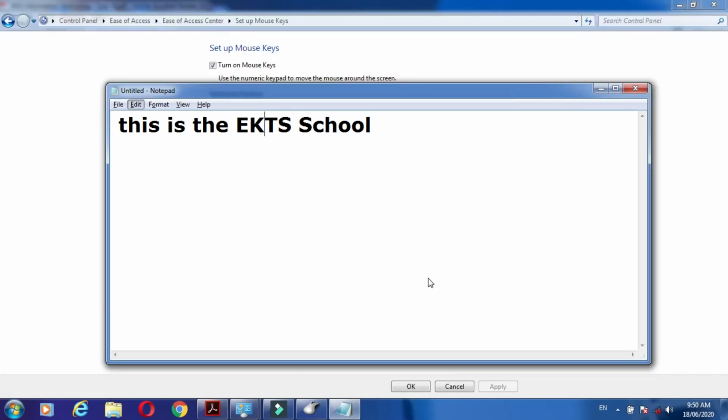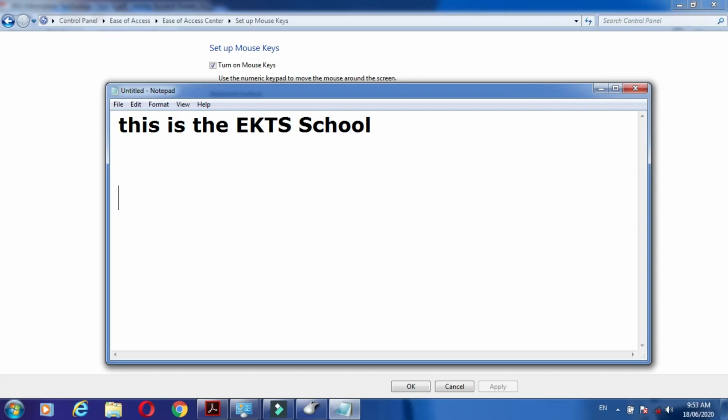I am pressing the numeric pad number 2. What happens? The cursor moves on the left side. Okay, in this way, and now I am pressing a 4. Then what happens? The cursor goes down. In this way the cursor is moving.